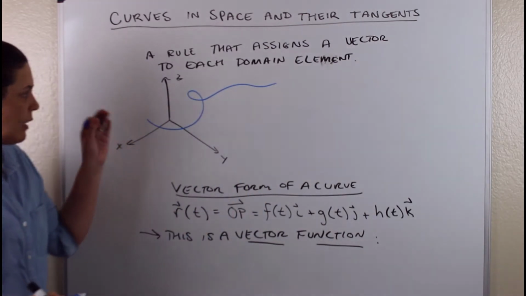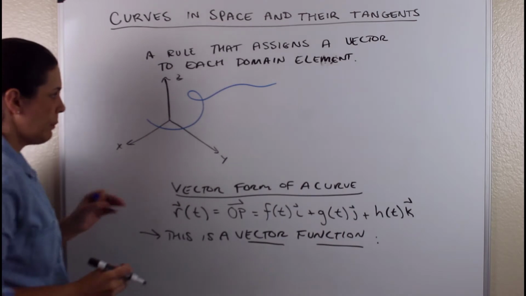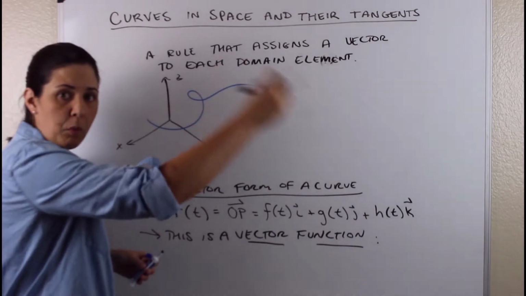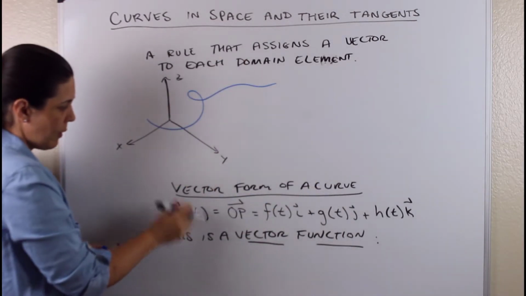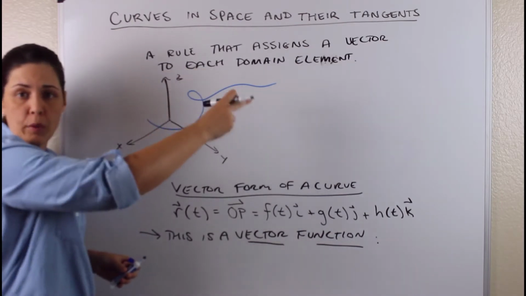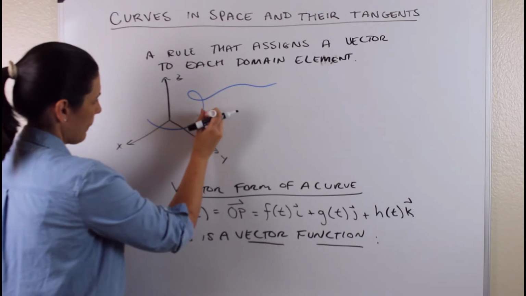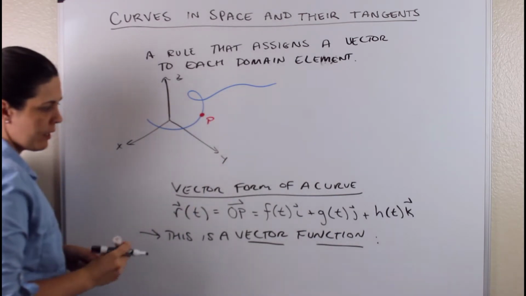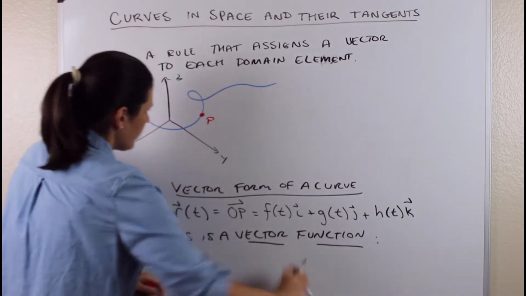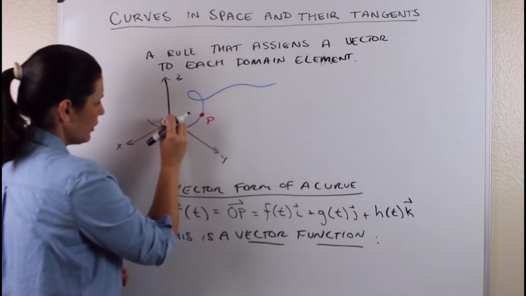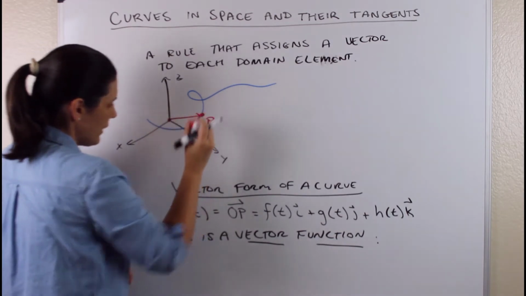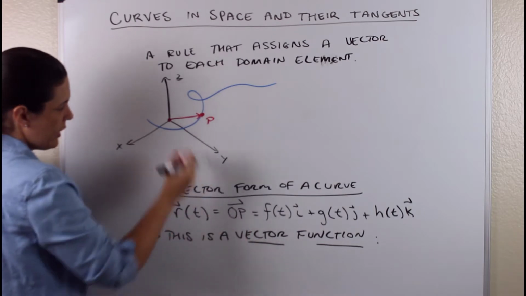Okay. Now every single point on this curve can be represented by an xyz point, but also a vector from the origin to that point. And so if I just pick a spot here, let's go right here. We'll call this point P, and there's a vector from the origin to this point, and that's this vector OP